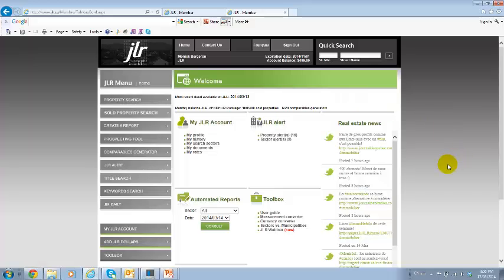So to find a property fiche, there's two search engines in JLR. There's the quick search, top right, and there's the property search. Now, if there's any fees related to that, the system will tell you, and you can confirm and say yes or no, go ahead. Depending on your package, this will determine the cost. So let's start with the property search. This is your first search engine at the top. Simply click on it,